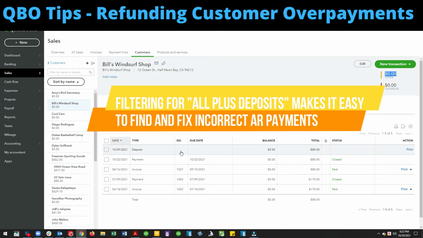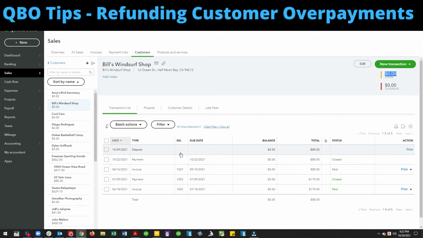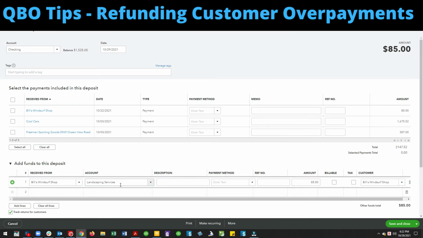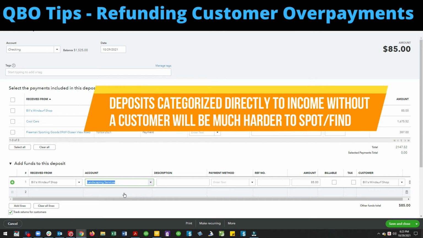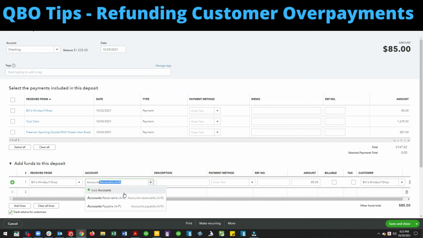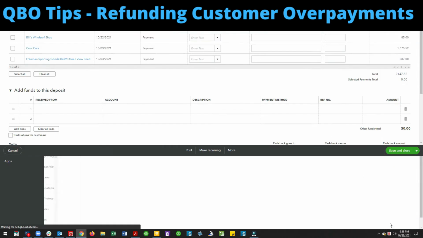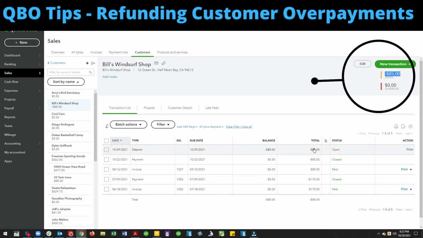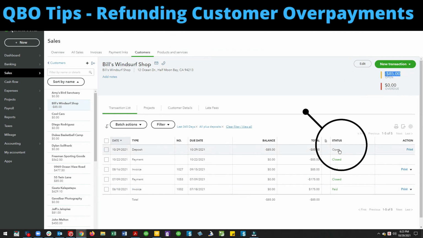And this could be my duplicated payment because they paid us once, and when it came in the second time, it went right to an income account. This is kind of the most common way it gets in. It doesn't always get tagged to the customer though, so maybe some digging. You've got to find it and you've got to code it to accounts receivable. Now I'm in pretty much exactly the situation I was with Amy's. I have a negative balance. I have something that's open, which is this deposit.